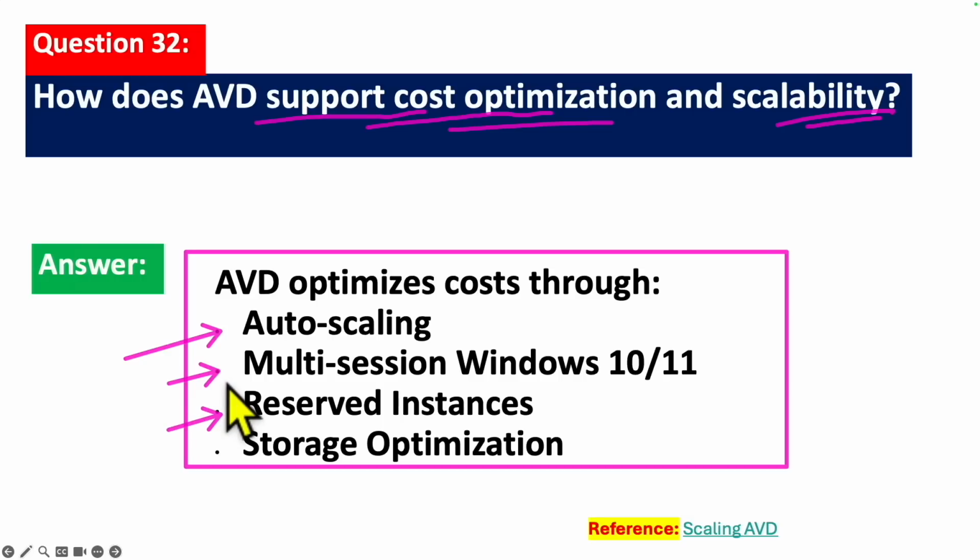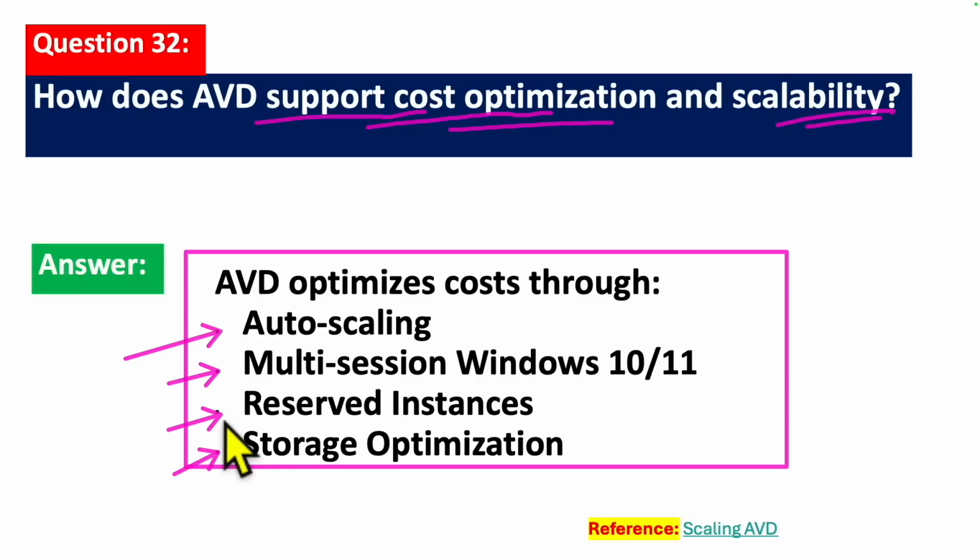When you purchase these reserved instances, this provides significant savings. What I heard is up to 72%. But you have to commit to a long-term virtual machine usage. Some organizations tend to do that. So they plan their virtual machine need in advance and they purchase these reserved instances at a lower price compared to pay-as-you-go pricing. This will lead to substantial cost reductions.